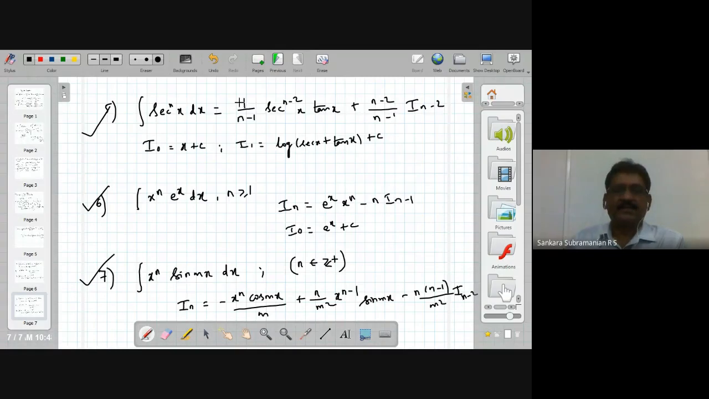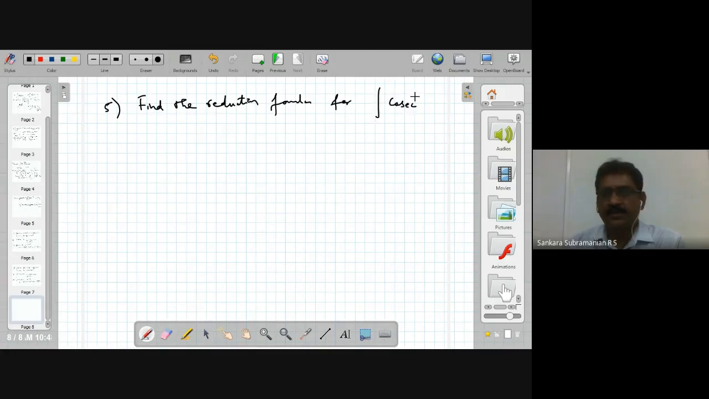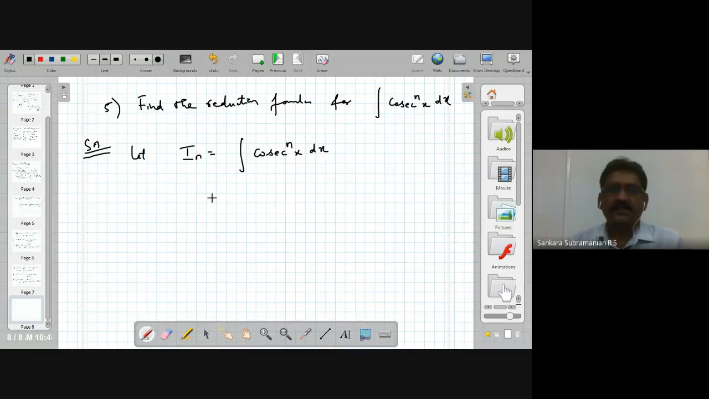Cosecant power n x dx. Okay, so the question is the 5th problem. Find the reduction formula for integral cosecant power n x dx. Okay, so how to write? Let In equal integral cosecant power n x dx. This is equal to, correct,